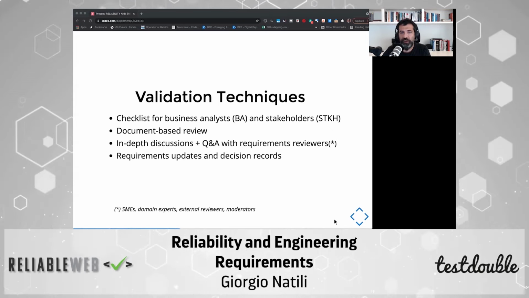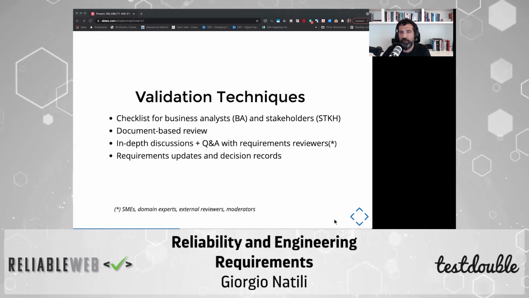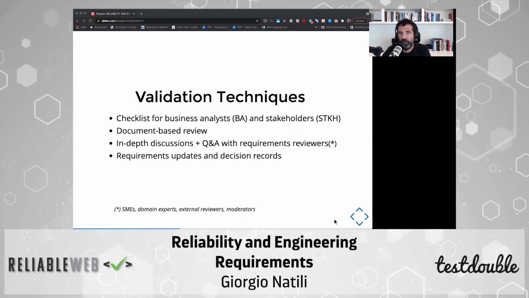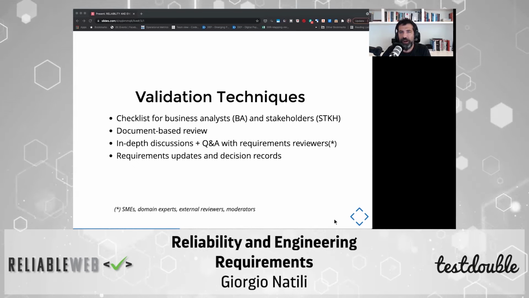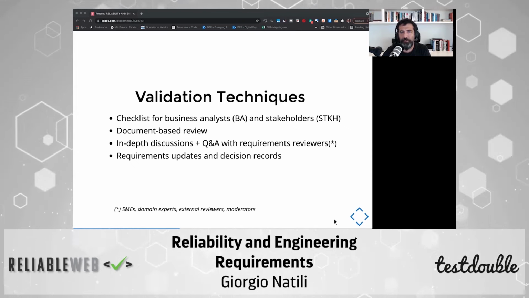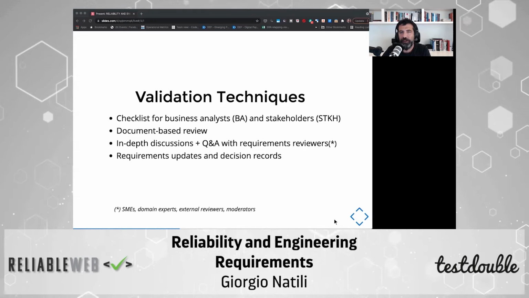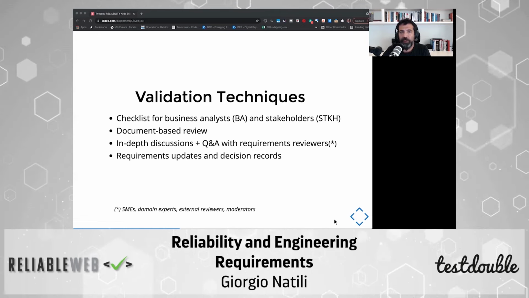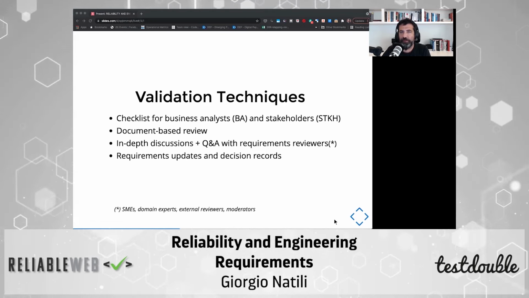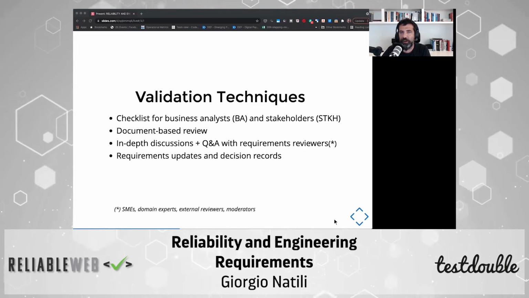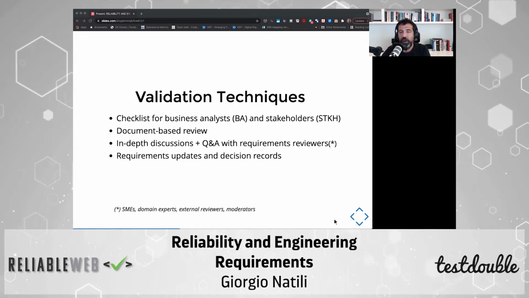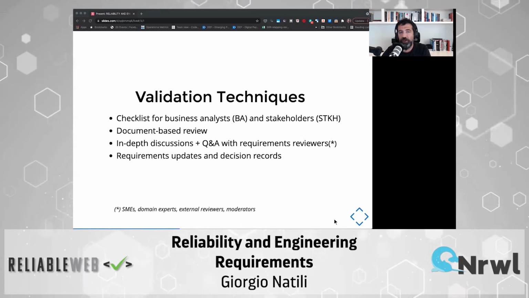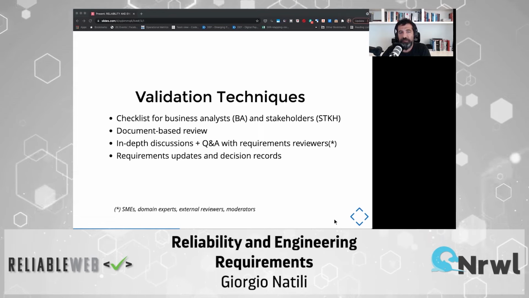Another validation technique is having a document-based review of your requirements. For instance, you can develop your requirements as a PR FAQ, and you can understand how your product can perform and how your product will be seen by others. You can have a document that describes the overall architecture. You can have a document that describes your trade-off analysis to achieve a specific goal in a specific amount of time. All these kinds of documents can help you to validate your requirements.